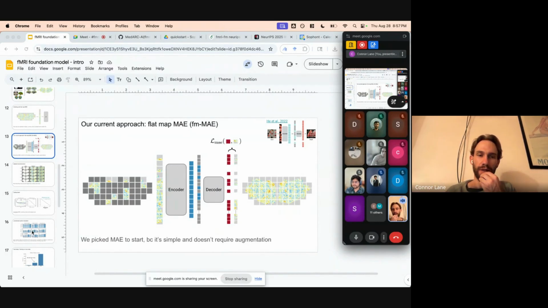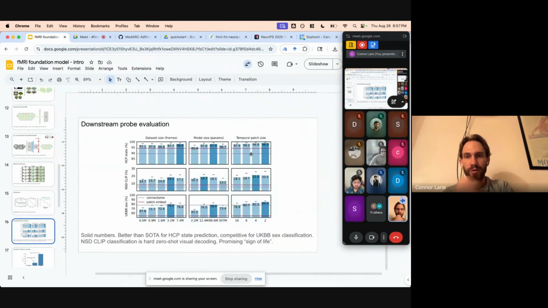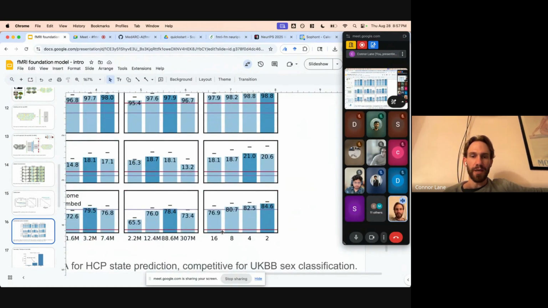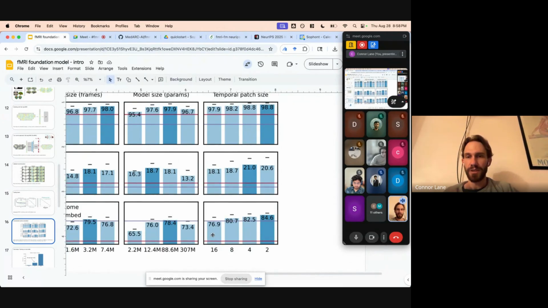And yeah, I had this experiment, which I didn't talk about, where we vary the temporal patch size, going down from a temporal patch size of 16, which covers the entire frame depth, and which is the same as BrainJet, but they also use 16 frames. The TR is different. So our TR is 1 second and theirs is 2 seconds. So 16 frames here is 16 seconds compared to half a minute, but still 16 frames is a lot of frames. And we see, like you said, the performance improves with smaller temporal patch size.